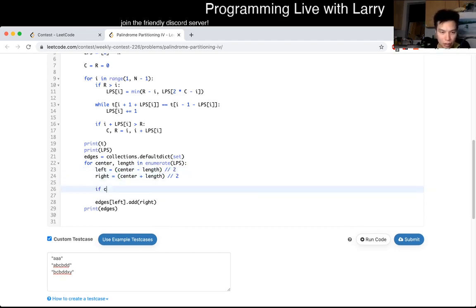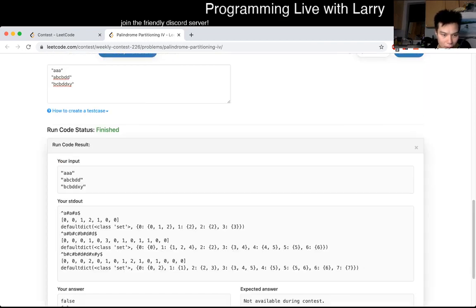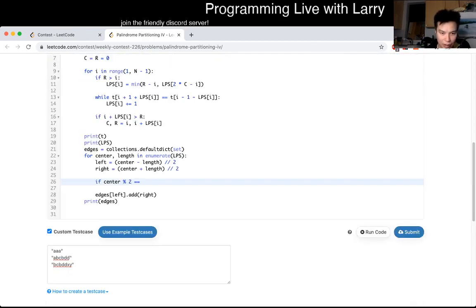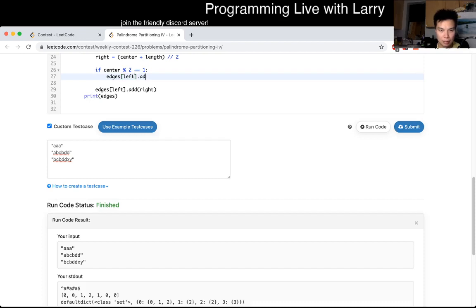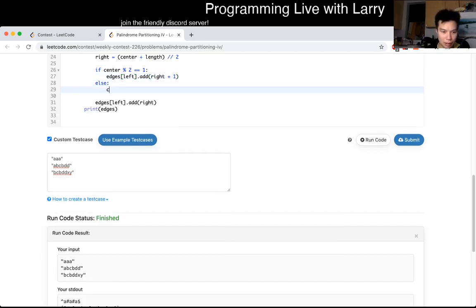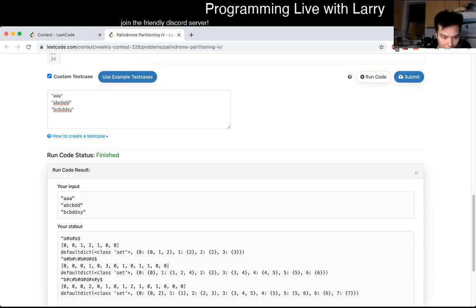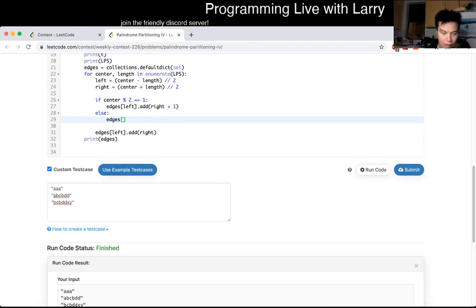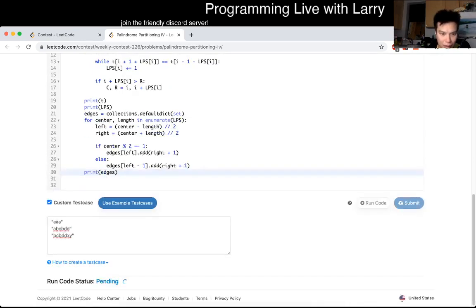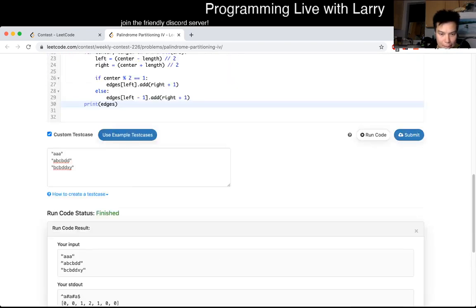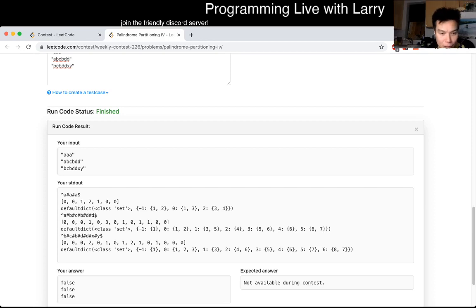if center mod 2 is equal to, so okay, so this is odd, then there's a real character, then edges of left, else, if this is the middle, what is the middle? So this is 1 because it encompasses these things, and what that means is that is something like, maybe, I don't know, I'm a lot tired right now, to be honest. Not sure this is wrong, to be honest, but